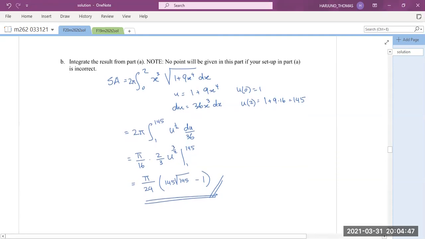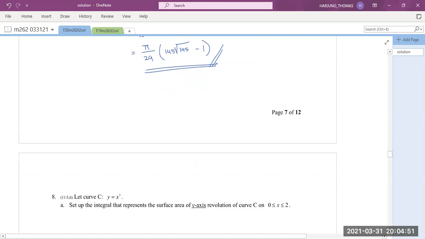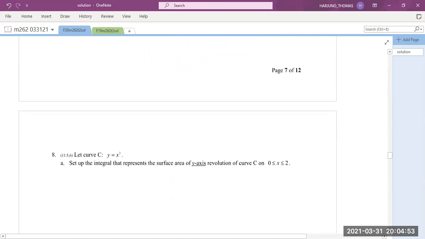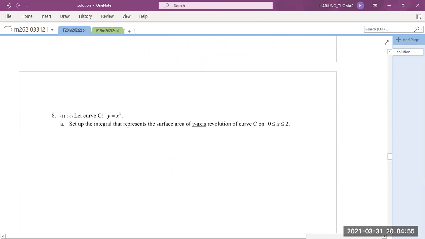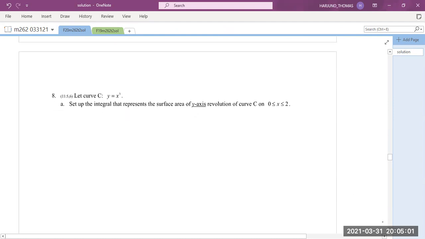That's for number 7, number 8. Set up the integral that represents the surface area of revolution